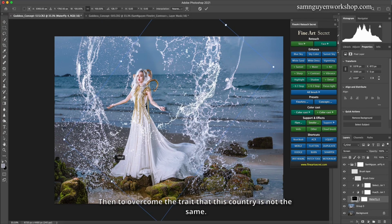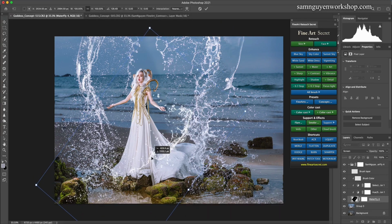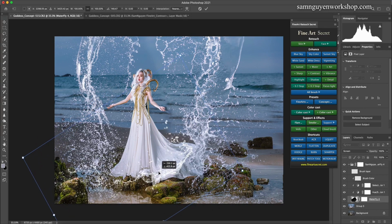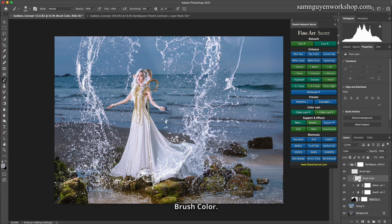Then to overcome the issue that this water is not the same color, you can do it very easily. I will choose brush color. I will select my current watercolor and I will sample it. Click change mask, change the black mask above. Then I will have the same watercolor as my current color. Then you can add water to the picture to make it more